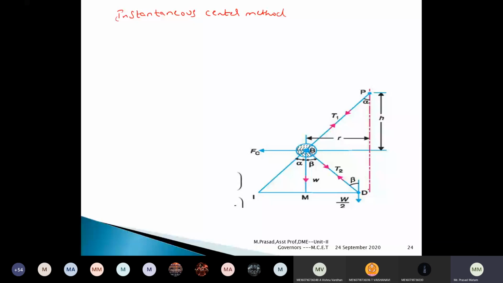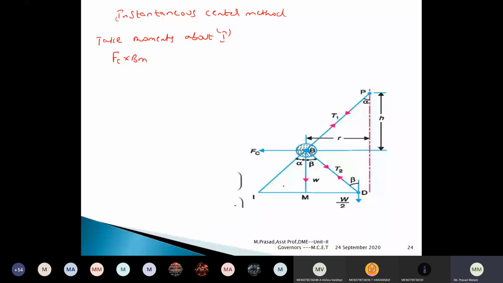Okay. So now how to solve this one? Take the moments about point I. So the first step we have to do is take moments about the instantaneous center I. With respect to I, what moments am I getting? Fc multiplied by this BM. That is the first equation. Let me write the equations. Centrifugal force Fc into BM, one moment I'm having, and one more moment is the weight of the ball, and the perpendicular distance is IM.